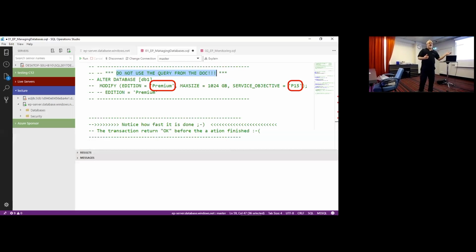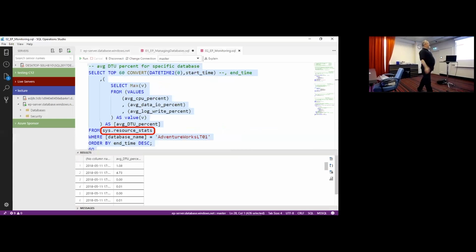Taking a database outside the pool can take minutes and even several hours. It depends on your database. So don't make a mistake. In order to know what is the ready status of the database, we will need to monitor, and for this we will continue to the next page of queries. So let's go over some monitoring options.